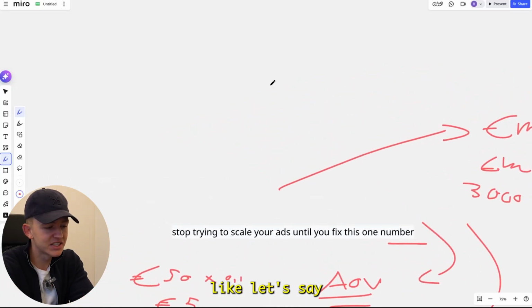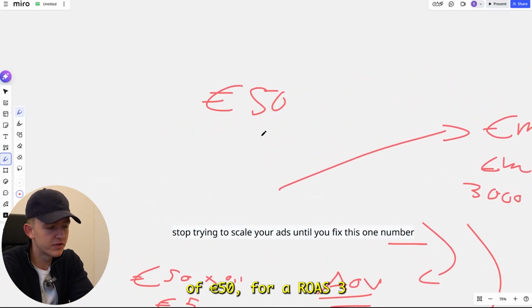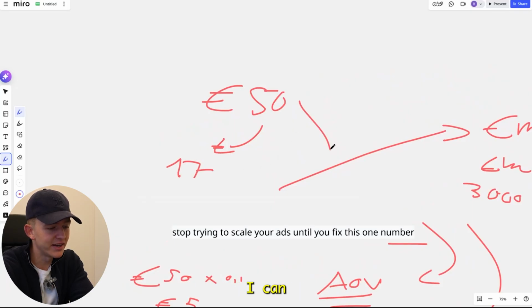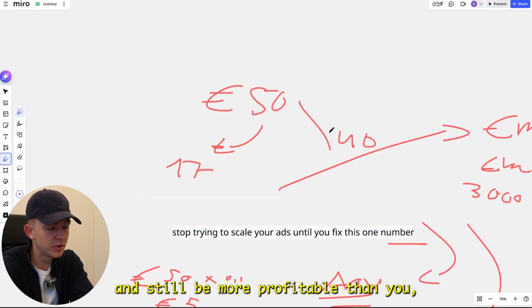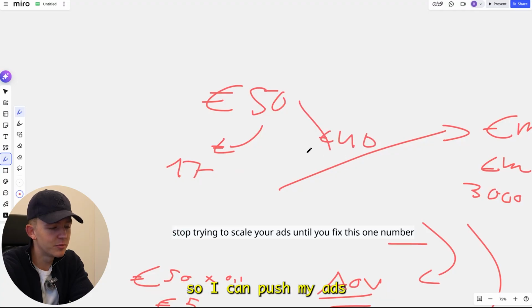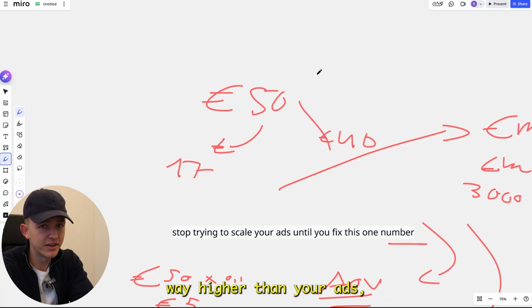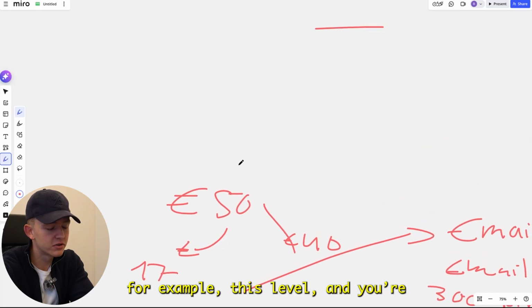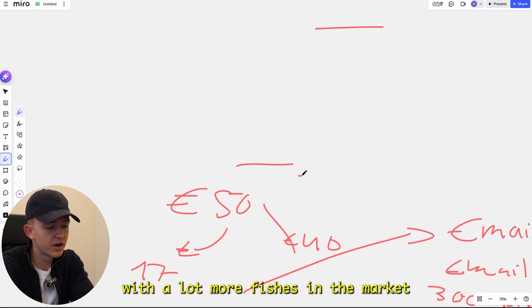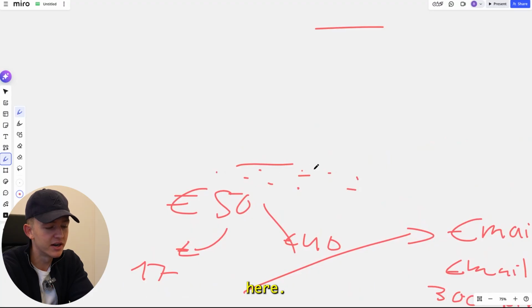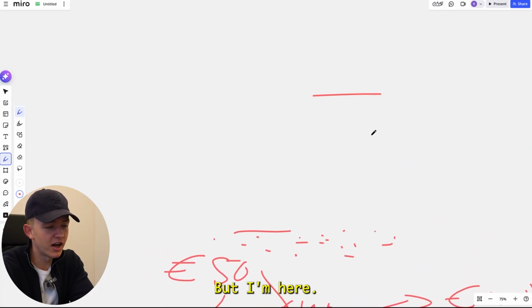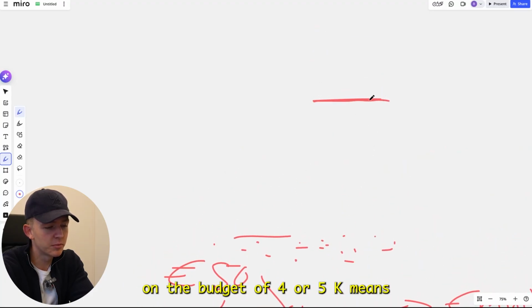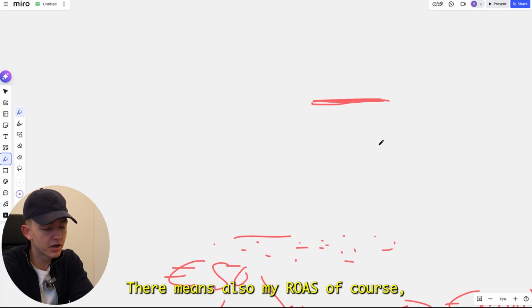Because for example, let's say you're selling something for 50. For a ROAS of 3, maybe you can spend 70 euros. But for example, I can spend 40 euros and still be more profitable than you. So I can push my ads way higher than your ads, which means I'm going to scale to, for example, this level and you're going to scale to this level, competing with a lot more fish in the market that are on the same budget as you. But I'm here on, for example, 1 campaign on the budget of 4 or 5k, which means there's way less competition here, which means also my ROAS